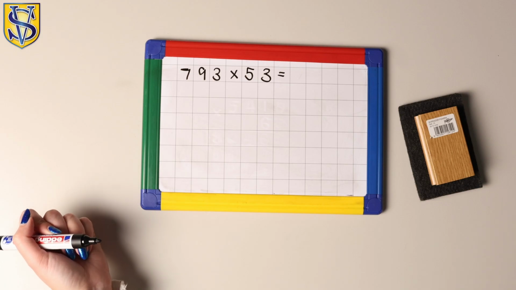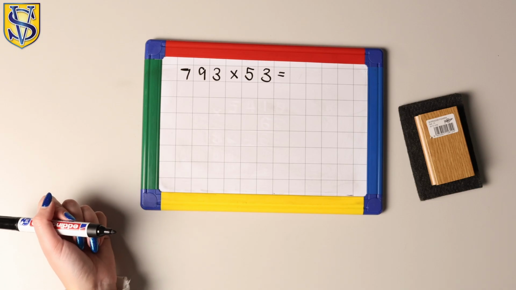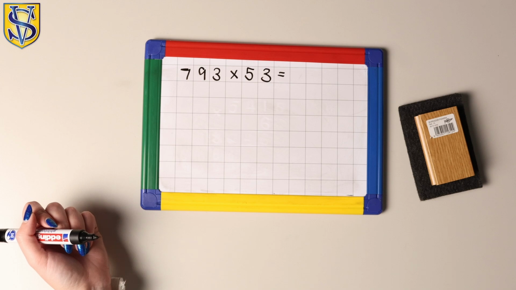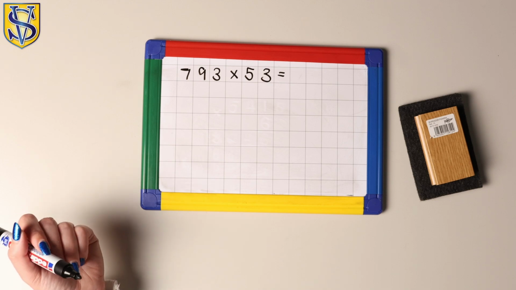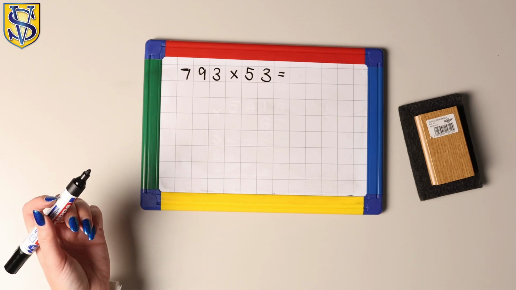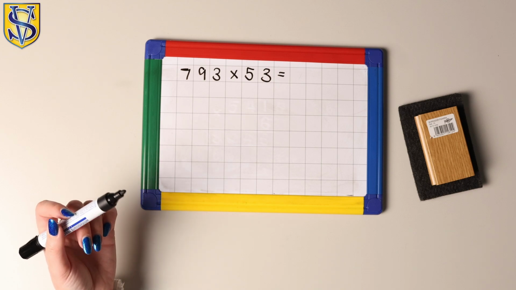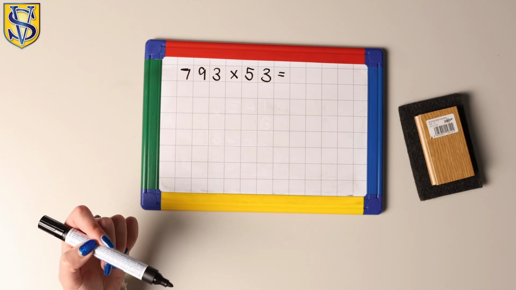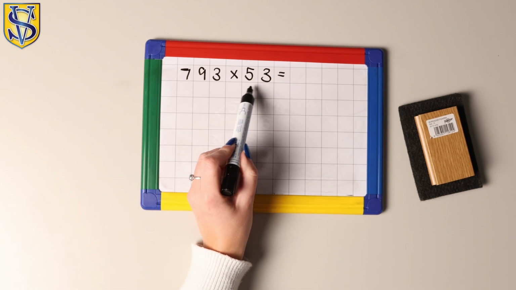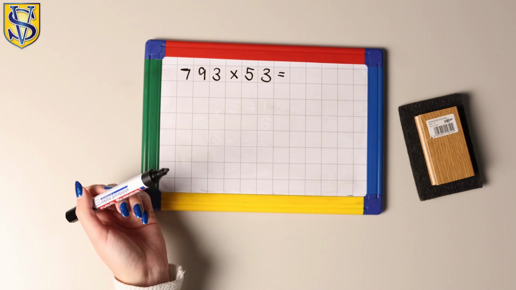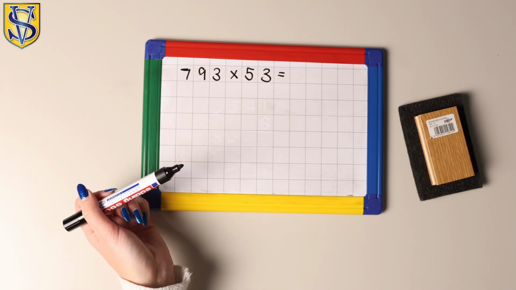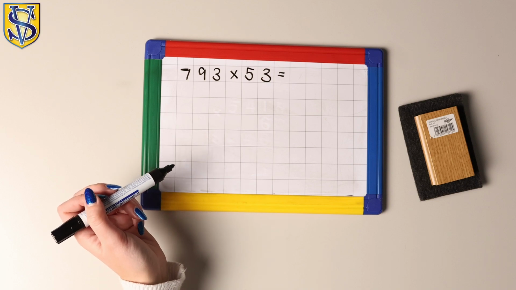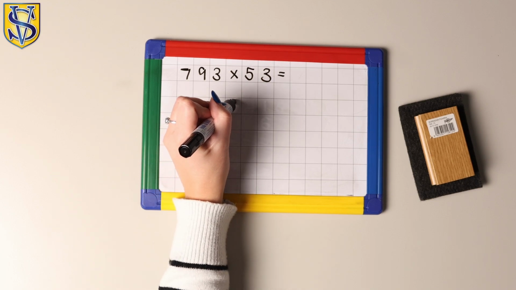So for this calculation, we are going to be doing long multiplication. Once again, it is presented in a similar way to column addition, column subtraction, or short multiplication, but it's simply called long multiplication because you have got a 2-digit number rather than a 1-digit number. So we're going to start off the same as before,